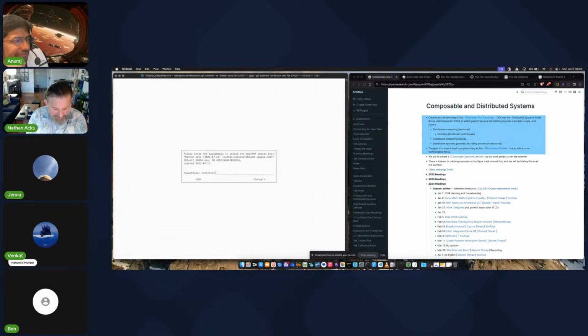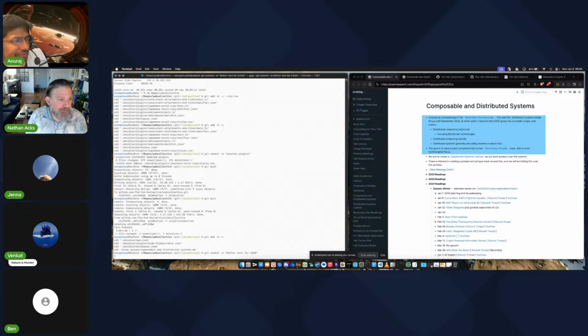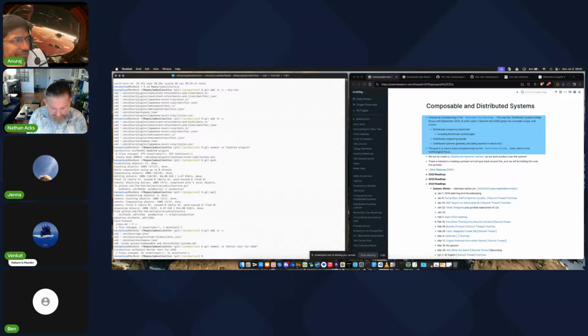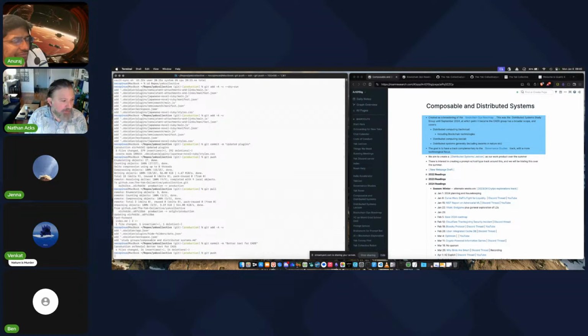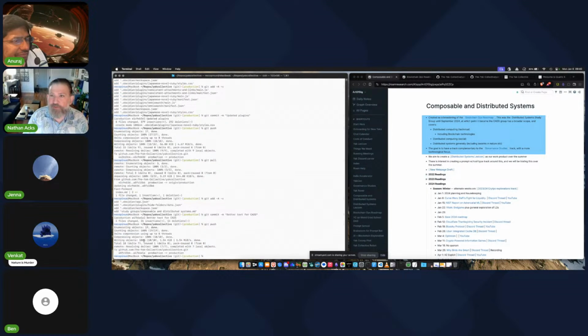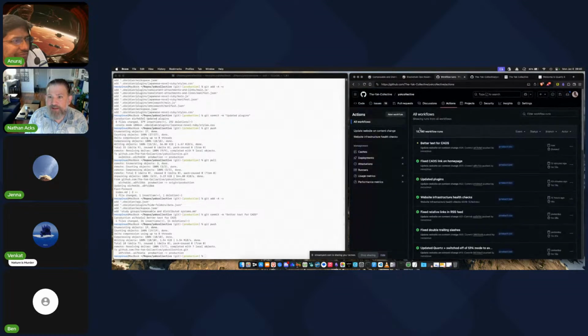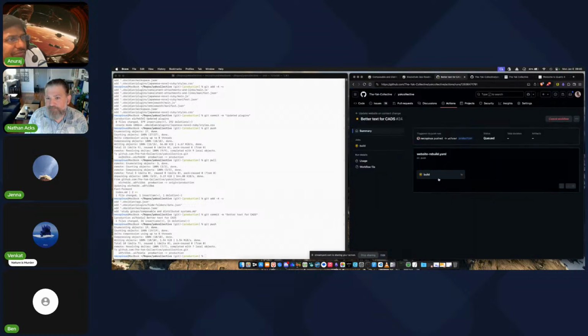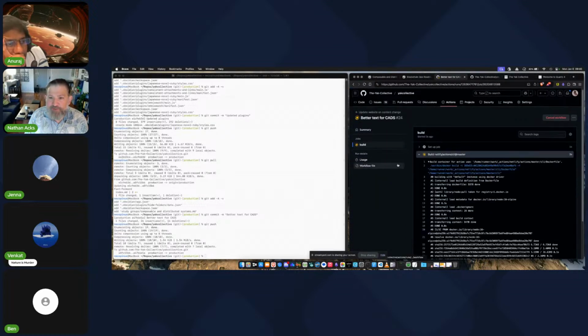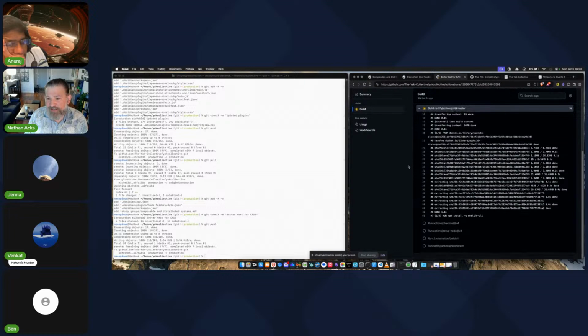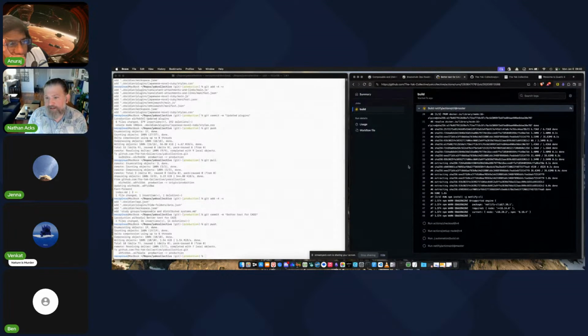This is a thing I have. You probably don't have it, where I sign all my commits with a GPG key, and then git push will push that up to the site. And again, if we come over and take a look at our actions, you'll see it automatically kicked off here. And this will actually be a better one because this is not just changing a link. This was changing some definite text.